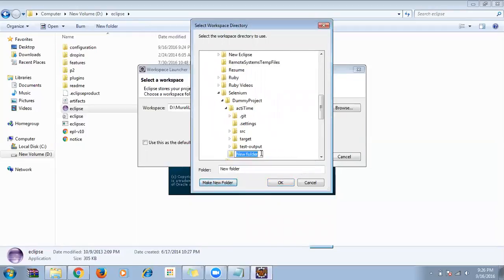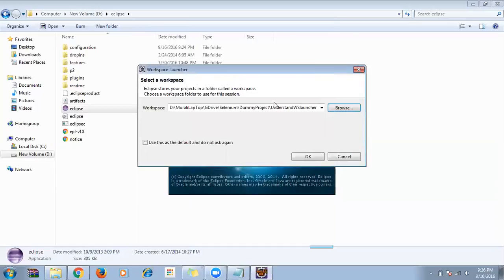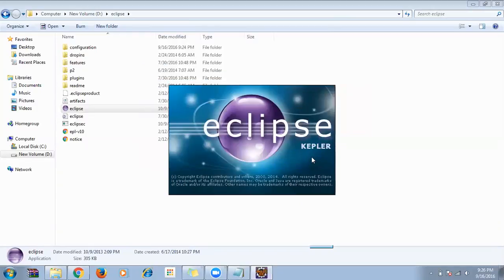So the new folder name is here. Workspace Launcher. Okay, I'll select this information, click on OK. So now if you see, it opens one UI